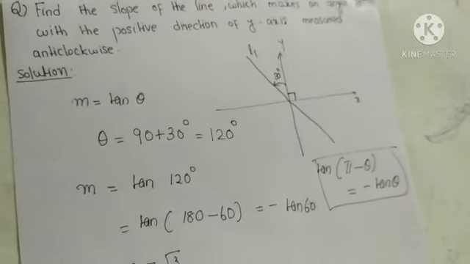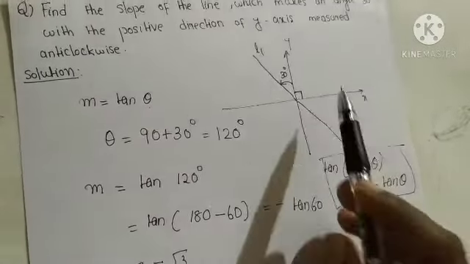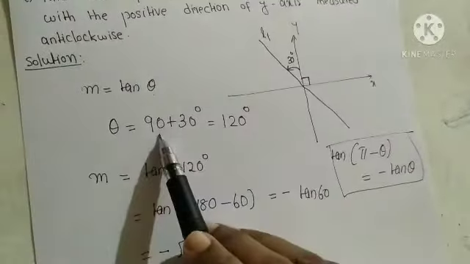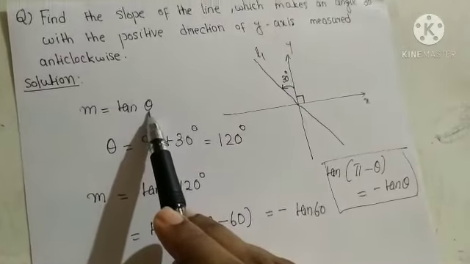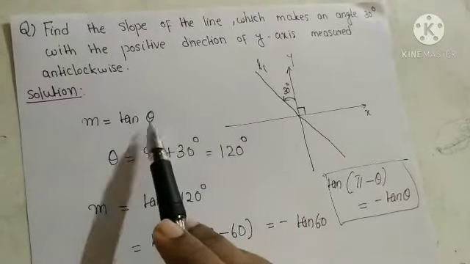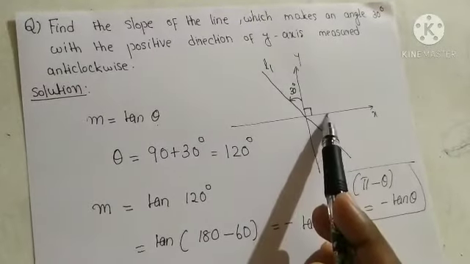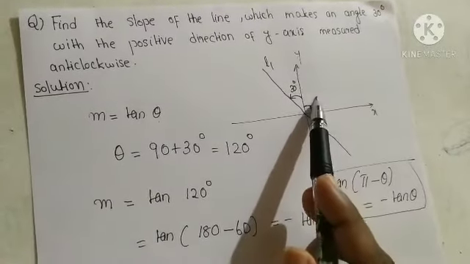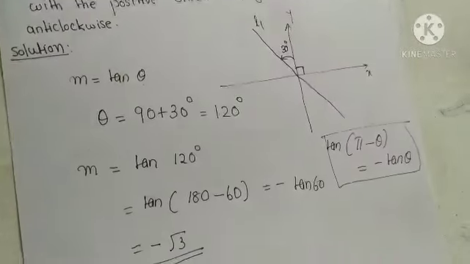The slope of the line will be equal to minus root 3. So don't forget to write this 90 degree. Always take this angle theta as the angle made by the positive direction of x-axis measured anti-clockwise. Okay,